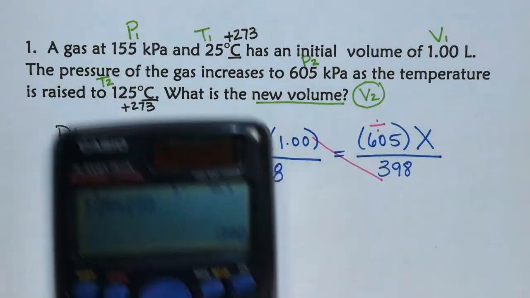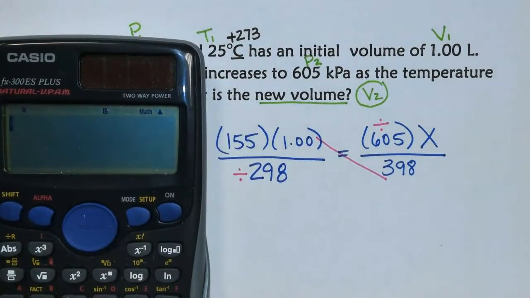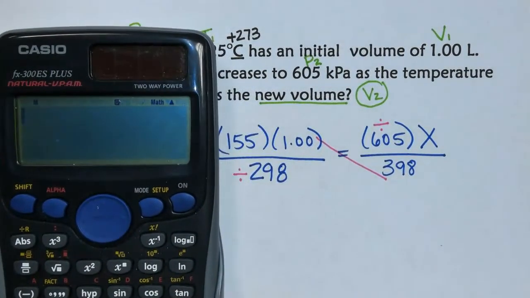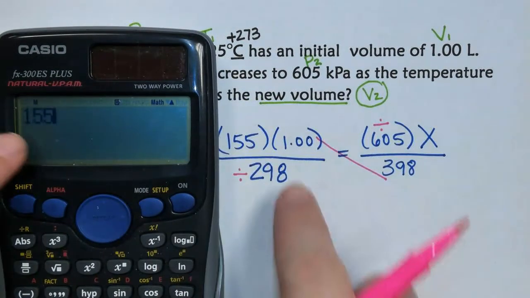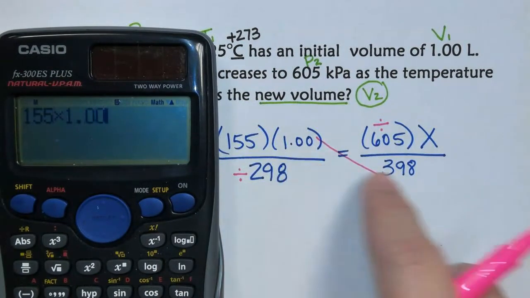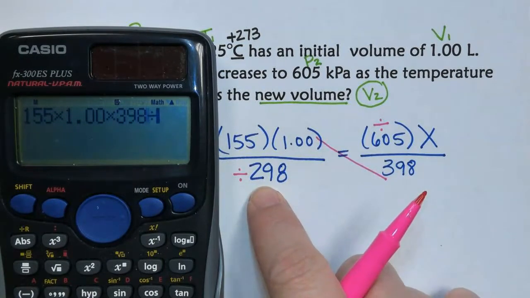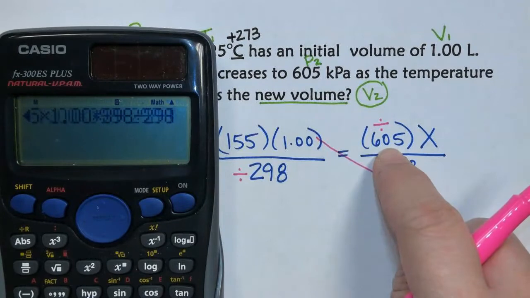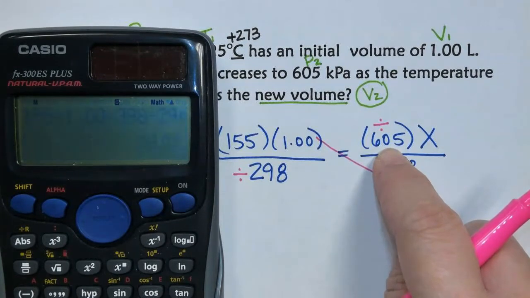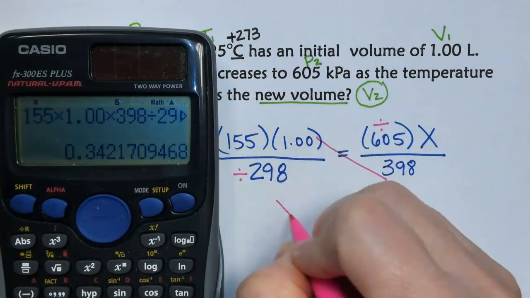So in my calculator, I'm going to type it in exactly as I just read it to you. It's going to be 155 times 1 times 398. Then I'm going to hit divided by 298 divided by 605. And that's going to get us X equals